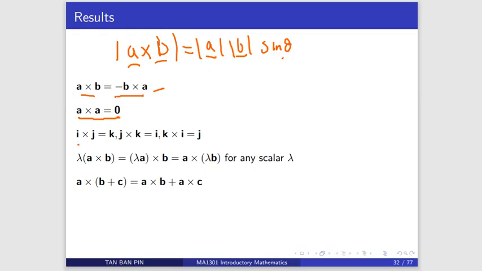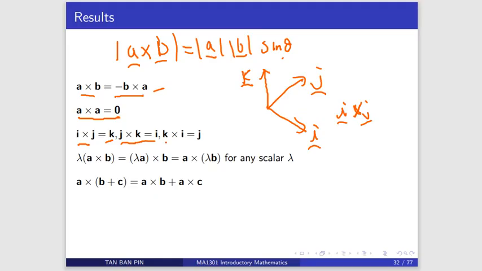And for special cases, if you draw I here, J here, then you'll find that if you take the vector product I with J, it gives you a vector at a right angle to both I and J, and that's the vector K. We know it's vector K because K is perpendicular to both I and J. So if you consider vector I cross vector J, you should get vector K. Same thing if you consider vector J cross vector K, you get I. Then K and I, you get J.